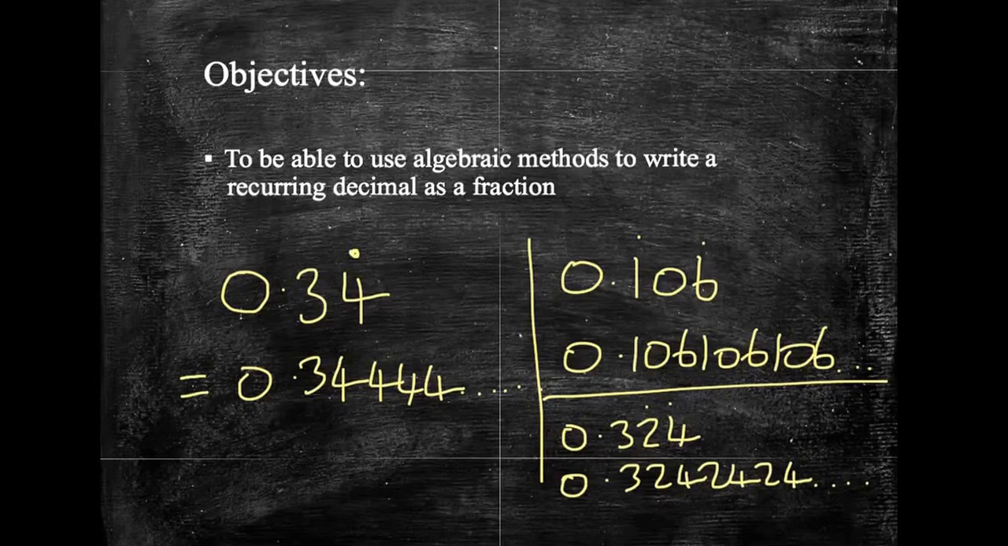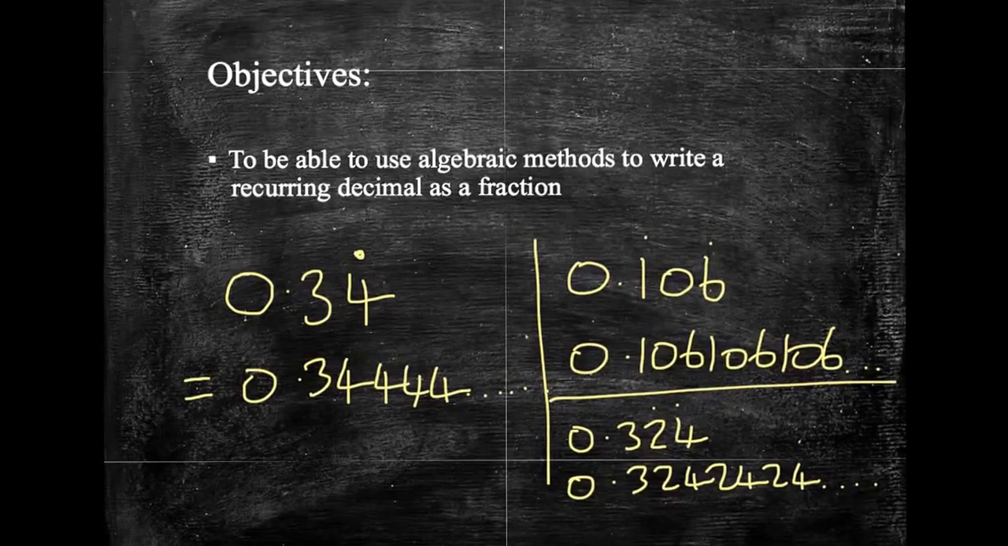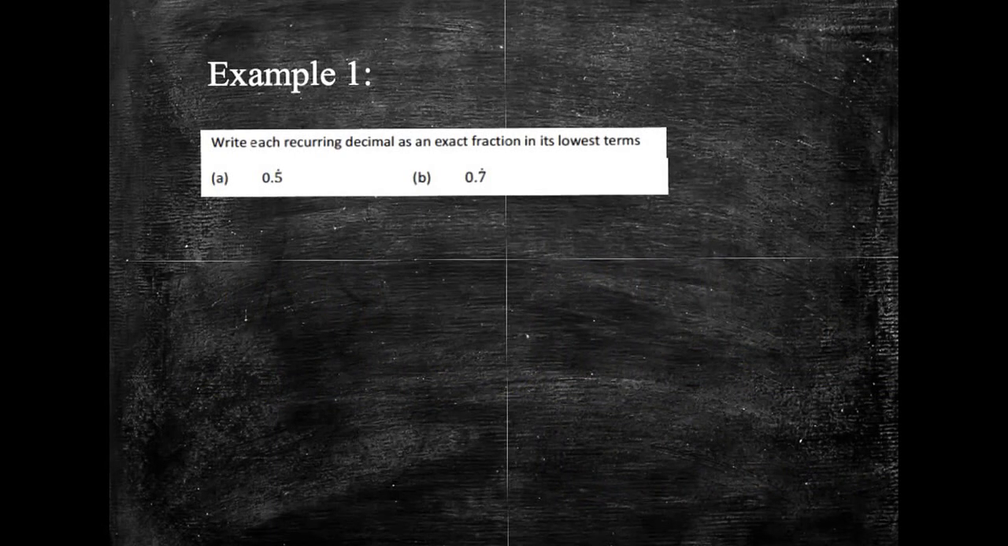So these are the sorts of things that we're going to look at. I'm hoping that you're happy and comfortable with the notation. It's as simple as looking at where the dots are, and that tells you which parts recur. Okay. First example then. We've got 2 examples here. It says write each recurring decimal as an exact fraction in its lowest terms, and it starts off looking at